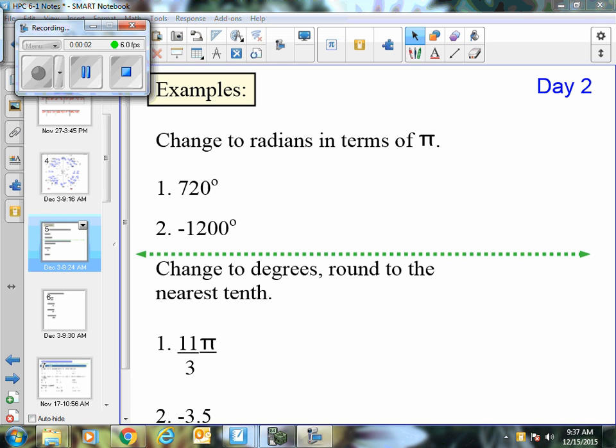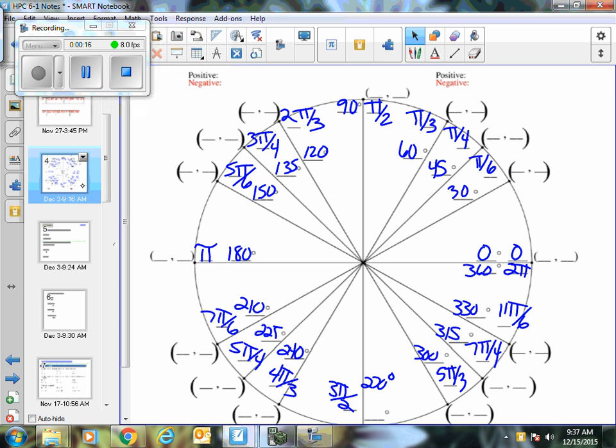Alrighty, everybody. So we're on to 6-1, which is radian measure, day 2, where we're going to talk a little bit more about converting back and forth. So how do we take a degree measure angle and convert it over to a radian and then vice versa? What we finished up yesterday was getting this conversion. So hopefully everybody's unit circle looks good,